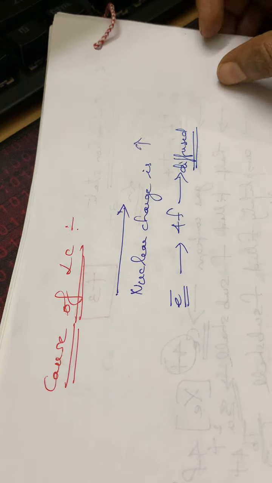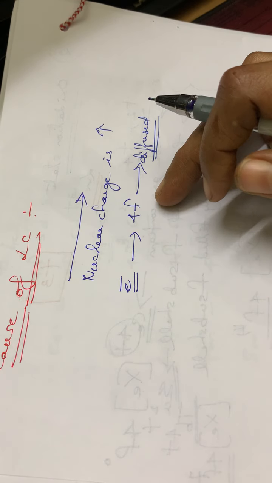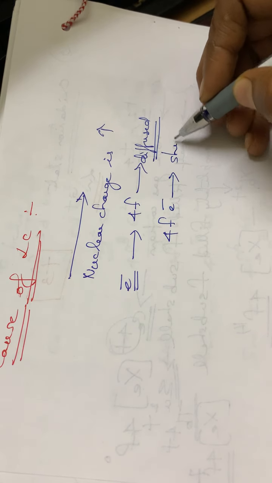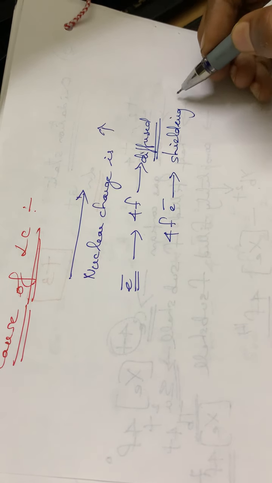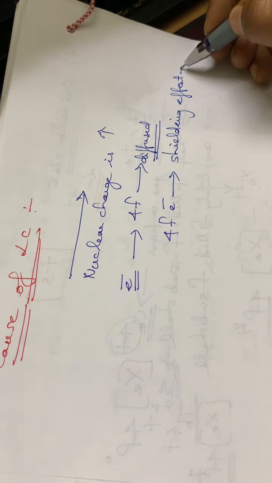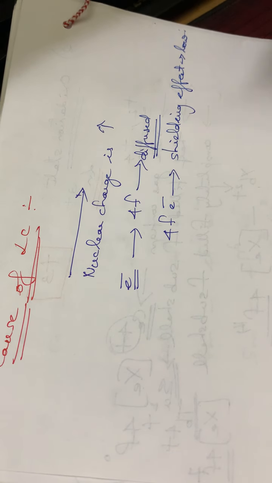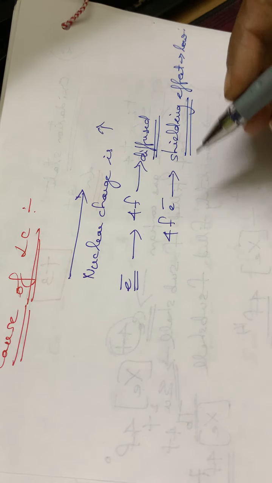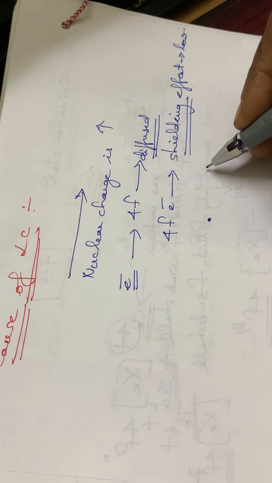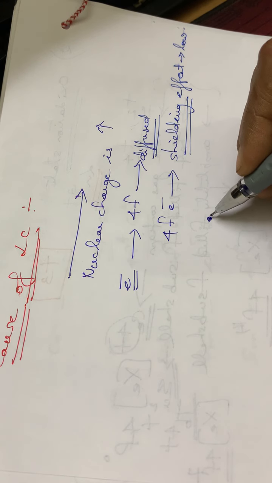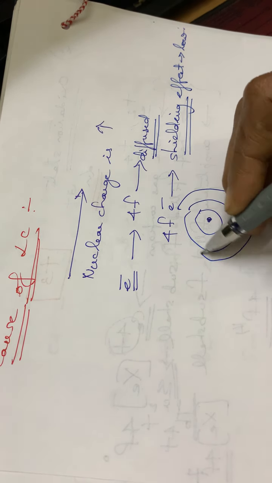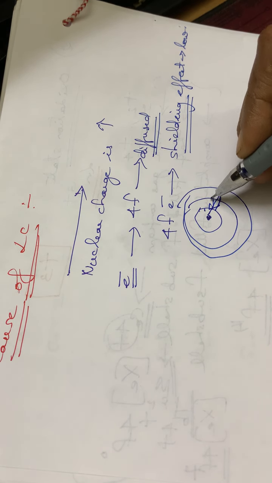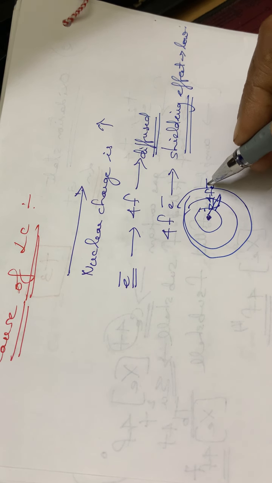So as the electrons are entering into the 4f orbital, the shielding effect between the 4f electrons will be very low. The shielding or screening effect is very low for these 4f electrons. At the same time, the nuclear charge is increasing as we move along the period. As the nuclear charge increases, it will attract the valence shell electrons towards its side. Here the 4f electrons are not much shielded. As a result, what happens?